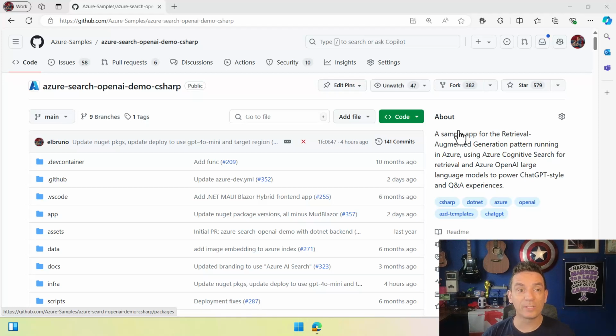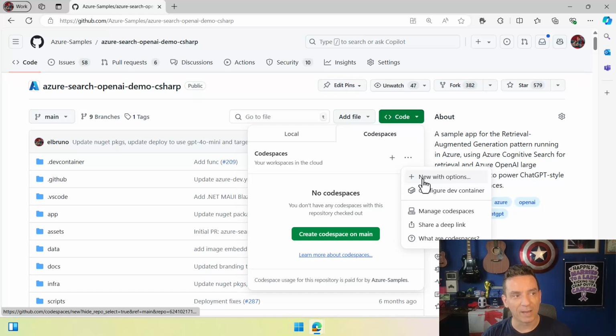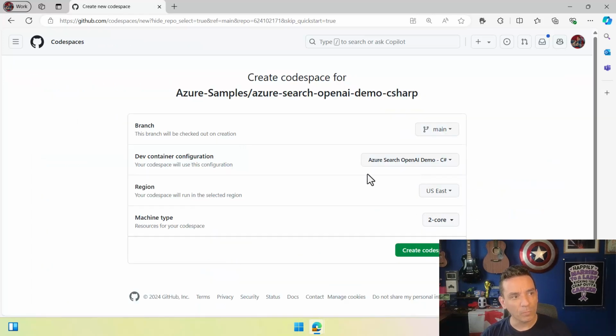Okay, so now it's time to create a new code space and deploy the solution from the code space. Let's see how we can do this. First of all, we go to our code spaces, and there are two ways to do this. First, you can create the code space directly from here, or if we have more options, you can go here,